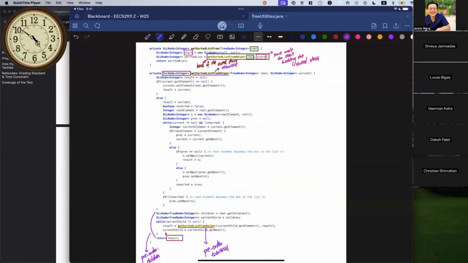And the one that's very long over here, this part over here, starting from right here all the way to over here, this is also part of the pre-order traversal. But that one there is about the parents. So the parent itself is actually the node we are dealing with currently, right? So once we're done with dealing with the parents, we just do it recursively for all the child nodes. So this is the pre-order for the parents. Okay, we can dive a little bit deeper into it. Let me highlight some stuff to you.